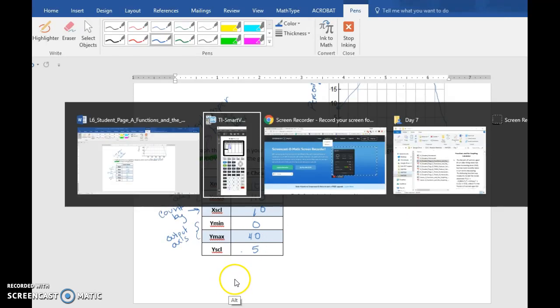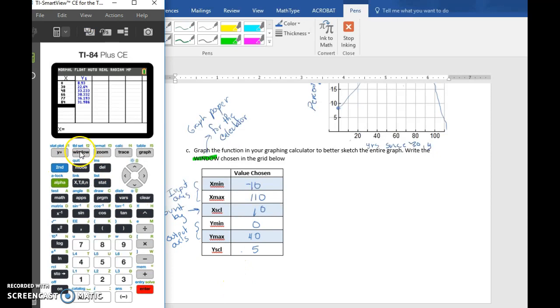And so now in our graphing calculator we're going to do the same thing, and so we're going to hit the window key and we're going to type in -10. It's already there, and again remember, if it's not a -10, make sure you hit the negative sign, and then 110. We're going to count by 10s, and then we're going to go from 0 to 40 and count by 5. And again, depending on which calculator you have, you may or may not see any of this. It doesn't make a difference what these things are down here. And now we're going to hit the graph key,